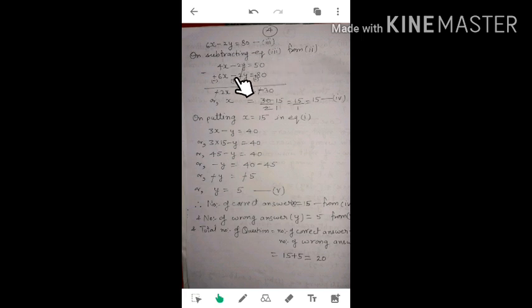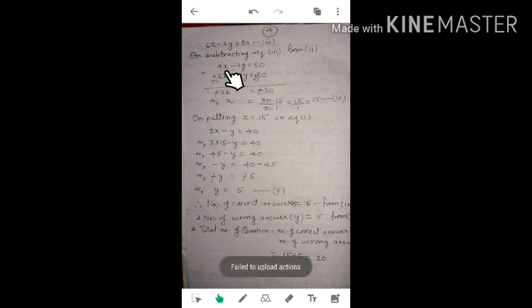So the second will be written first. 4x minus 2y is equal to 50. This is the second equation, and this third equation we will write below it. 6x minus 2y is equal to 80. We will subtract it. As we are going to subtract, the sign before each term will change. Earlier it was plus, now it will become minus. Earlier it was -2y, then it becomes plus. Earlier it was plus 80, now it becomes minus.